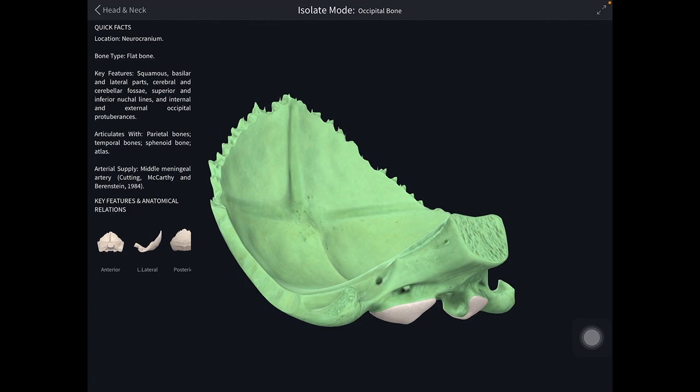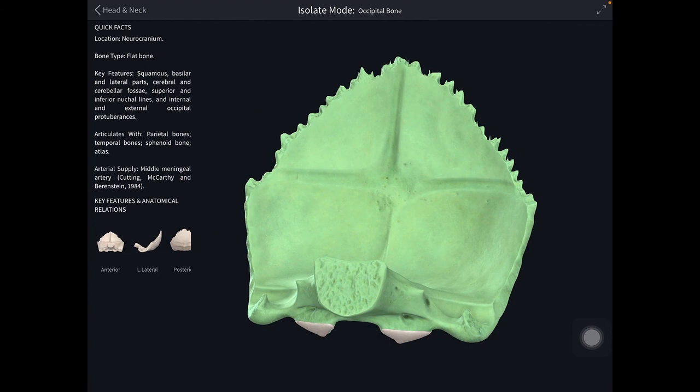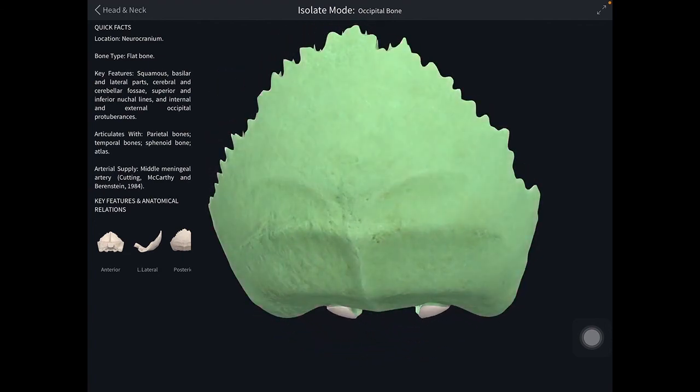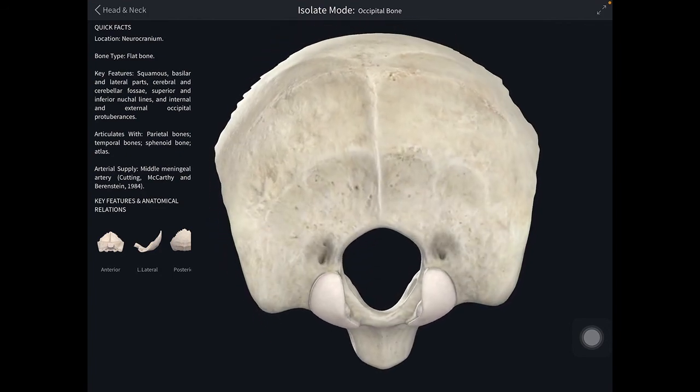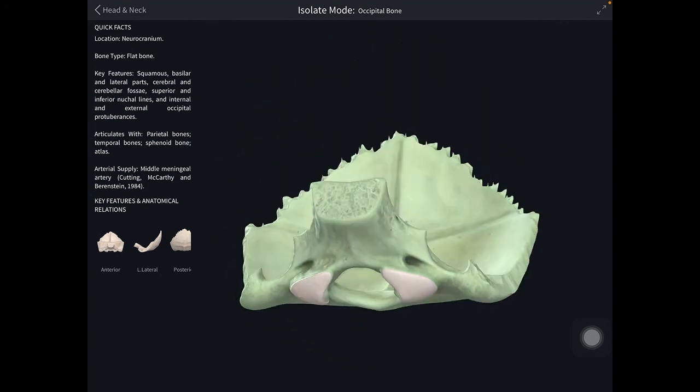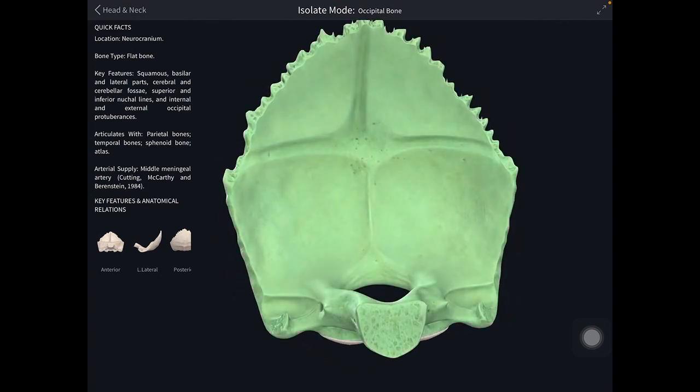Deep cervical fascia is attached to this bone in 2 places: the investing layer of deep cervical fascia along the superior nuchal lines, and the prevertebral layer on the inferior surface of the basi-occiput. Venous sinuses, so many venous sinuses are related to this bone, in the inner surface of the squamous part, which we have learnt in detail. This is another special information of the occipital bone.